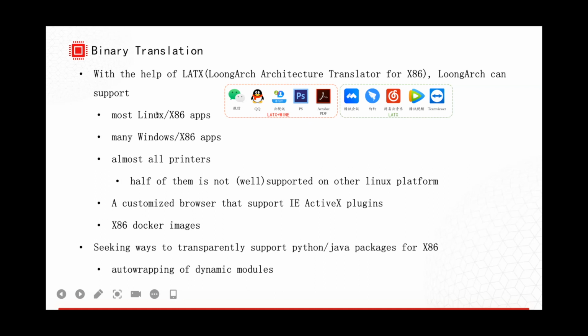And we can use the binary translator to use x86 Docker images transparently. So the 3 million packages is no longer a problem. We are also seeking ways to transparently support Python and Java packages.